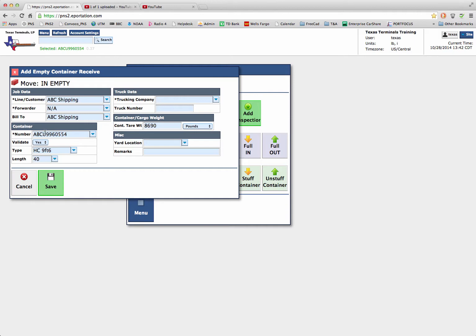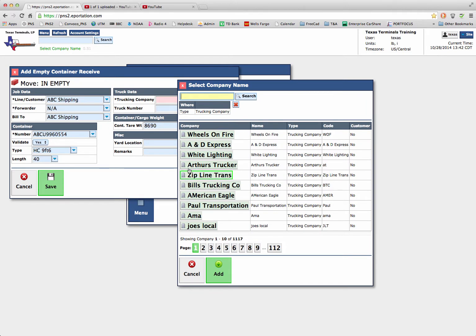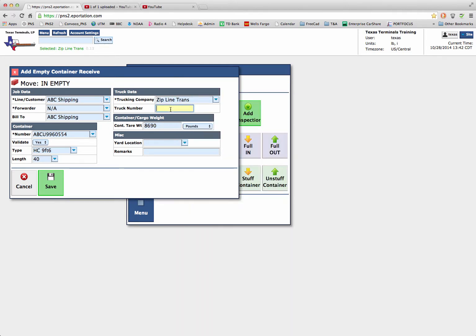Since this container was in the system, the details on the container, such as its type, its length, and its tare weight, pre-populate the system. Select from the drop-down to choose the trucking company. Enter a truck number. Yard location is something you can put in here or can be entered in by yard personnel as they move